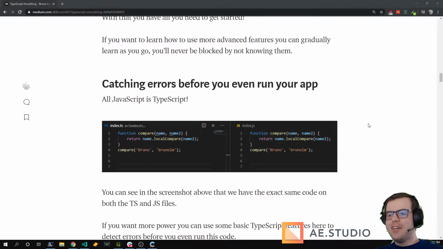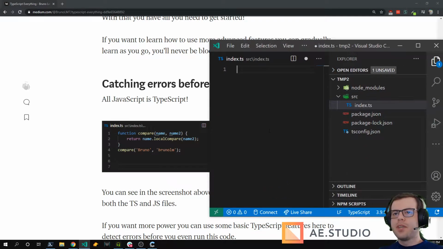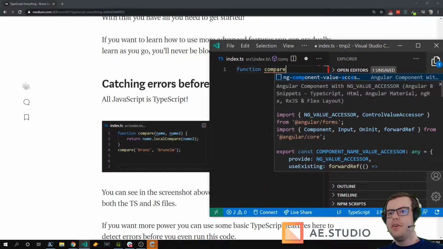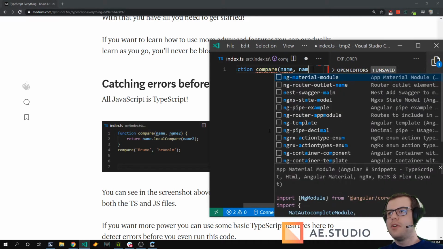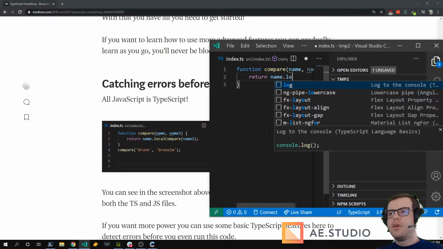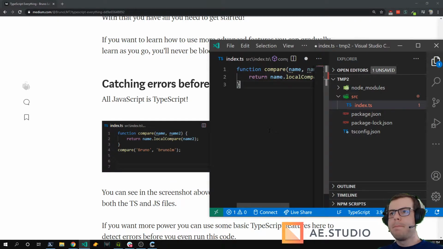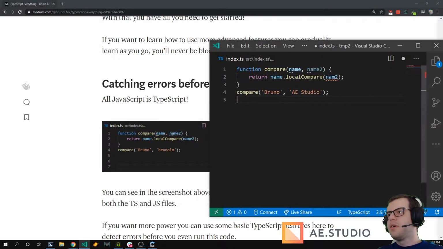Okay, so let's go with this then. I have a function compare, which takes name true. It returns name dot local compare name true, and then it calls compare, passing some name here.